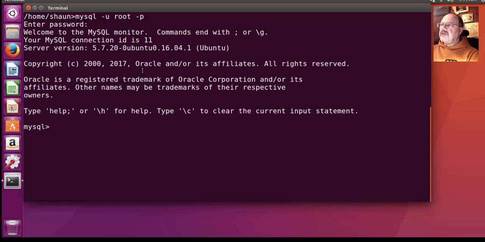By the way, notice I logged in as root. Best practice, never log into an operating system or a database engine as the administrator. Root is the administrator account. Always use a semi-privileged account to do so. I'm just using root to make sure that everything's going to work for me correctly. At the MySQL prompt, I'm going to go ahead and